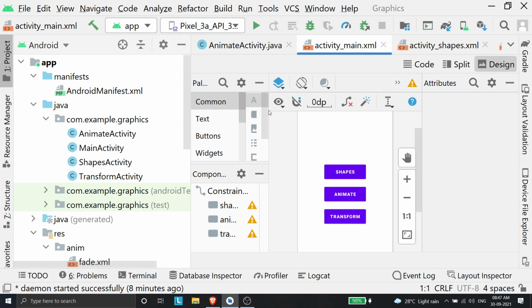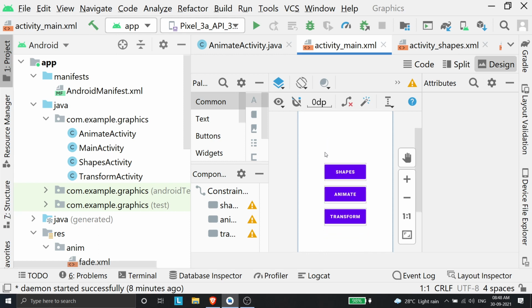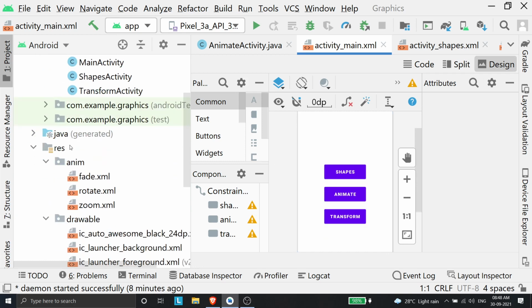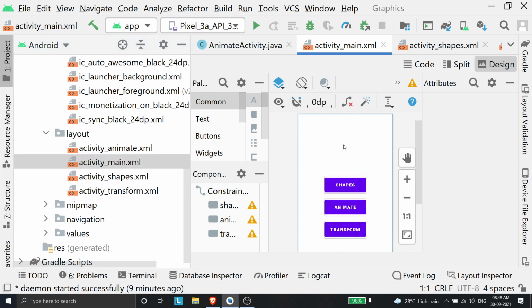So in my first main screen, I just need the palette. I'll go through this one by one. Once you create a project like this, what you'll have is a MainActivity.java inside the Java folder, and inside the res folder you will have something called activity_main. So these are the two default things that Android Studio creates for you. Inside activity_main, you'll just have an empty layout basically, which will by default be constraint layout. Constraint layout is an XML layout.